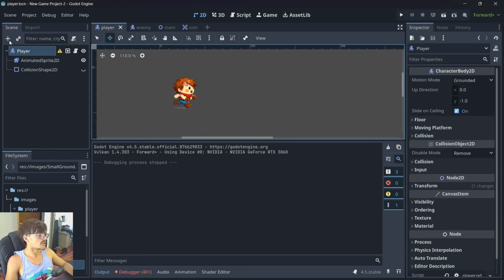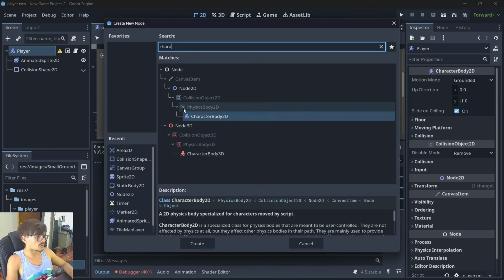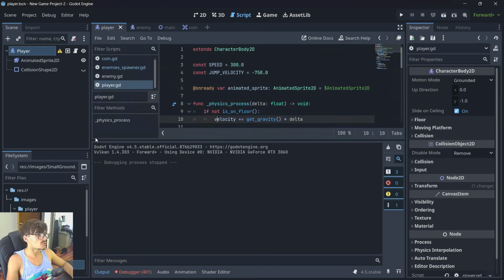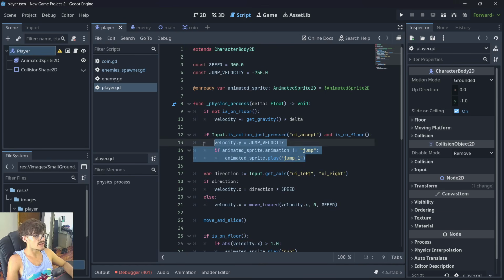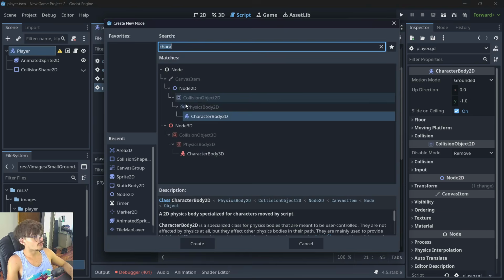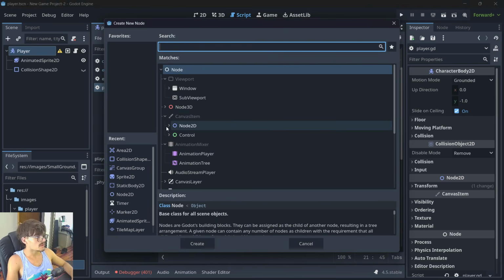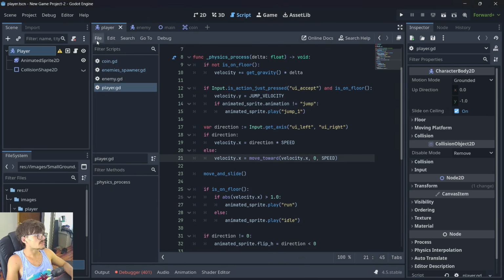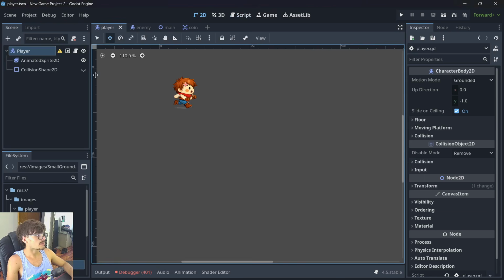But as it says here in the description, it's basically a body for characters moved by script. So in this case, it's not a static body, it has to move, and it moves via the script. So of course, we control the player via code. And for example, why is it different from an Area2D? Because the Area2D, remember, is not a physics body. So if I, for example, made this player